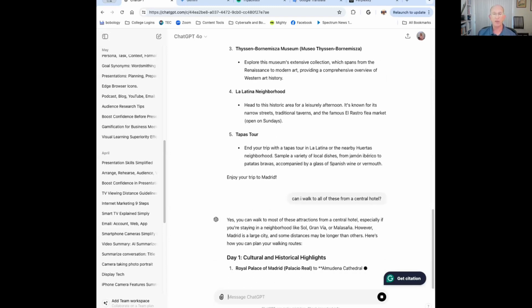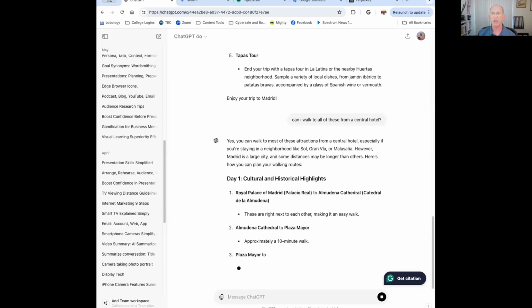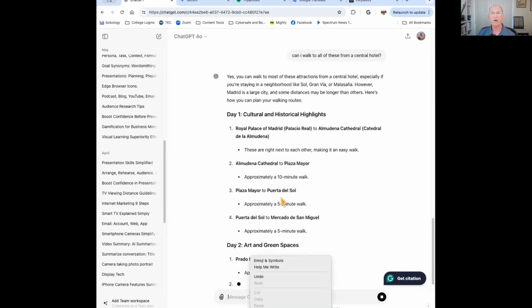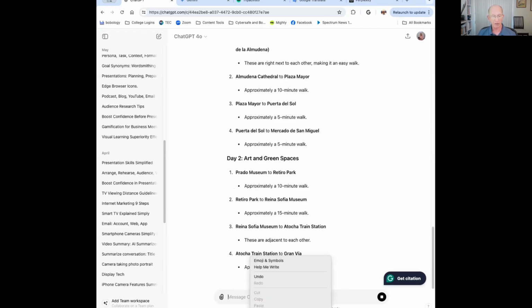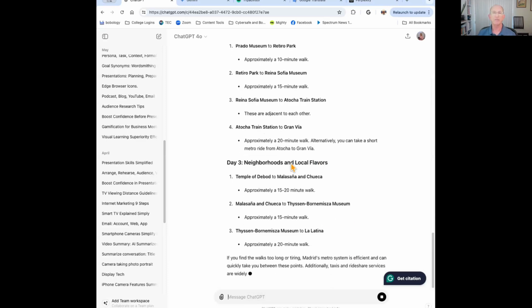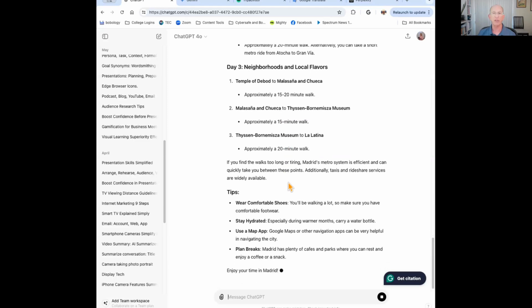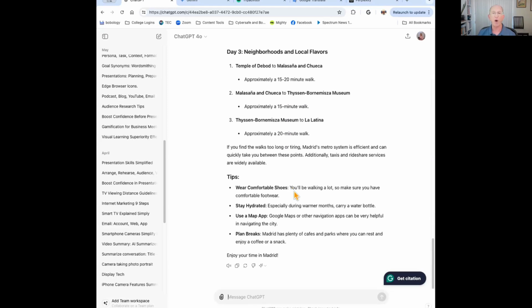And it tells you, okay, it gives you some idea about places, and it's starting to tell me how long a walk some of these are too. So it gives me some perspective. 20-minute walk, 15, 20-minute, 15-minute, 15 minutes. Tips for walking, hydration, plan breaks, cafes along the way to plan things out.